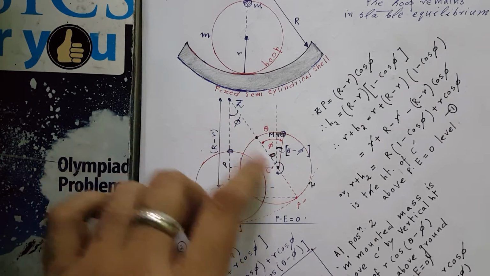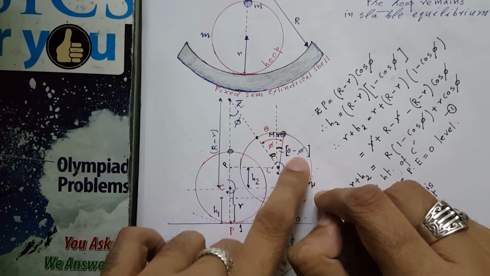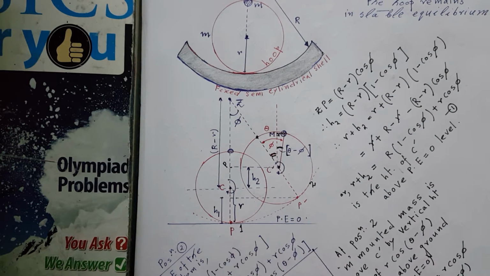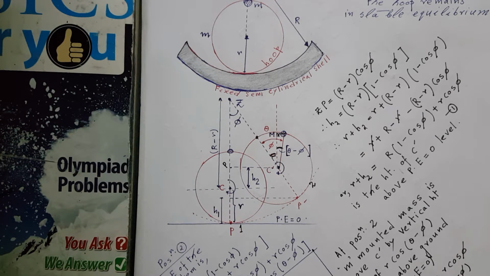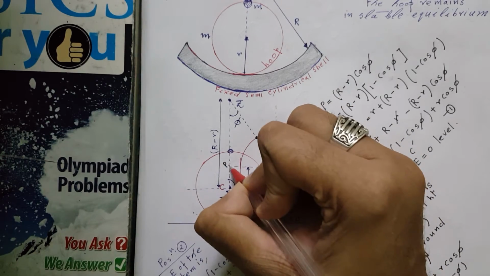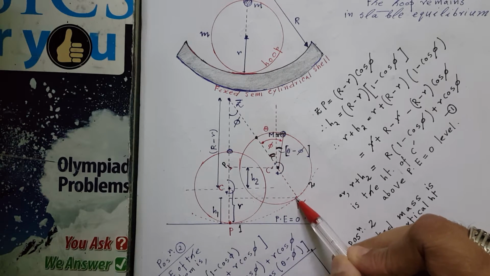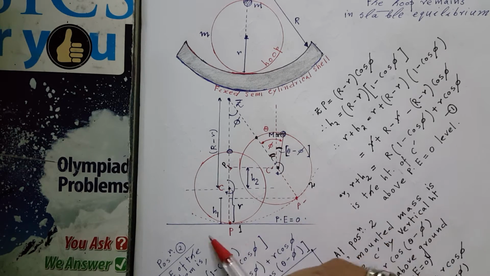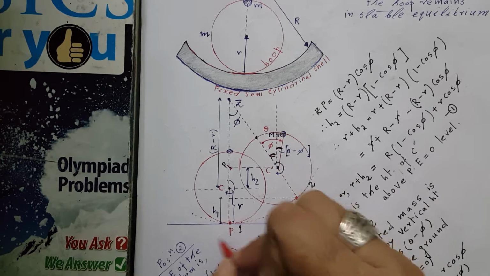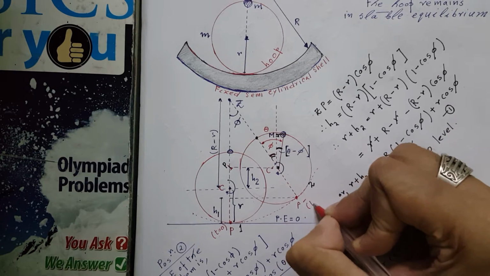So if this small angle is phi, this angle will be the total angle theta minus phi. Very clearly we can understand, suppose this particular point is P. P stands for the point of contact. I am calling this one P1. This is the point of contact. The point of contact actually came here to the point P dash at a later instant of time. This is when t equals 0, and this is when t equals t.